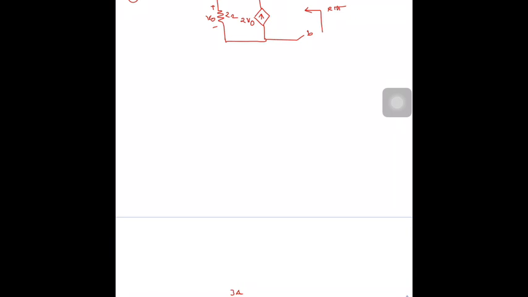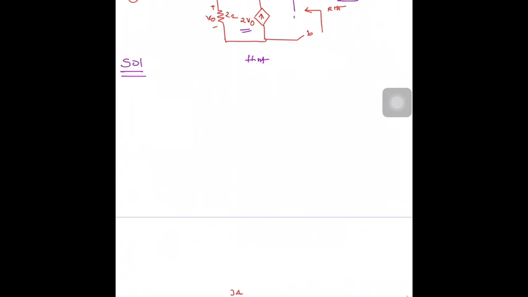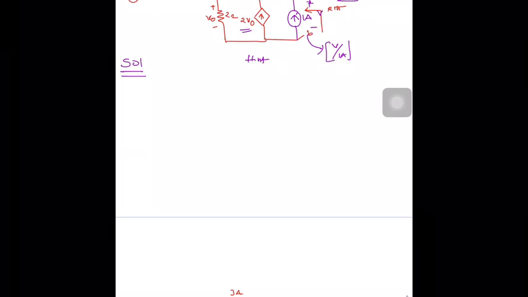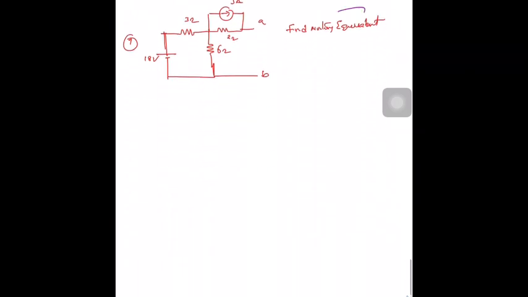Done? Yes. Now here one more example. Let's do one thing. You solve this question and post the answer in the comment section. Same RTH, right? The circuit having a voltage controlled current source. Now I will give a hint. The hint is: excite these elements with a 1 ampere current source and find the voltage across this 1 ampere, and after that find V by 1 ampere, which will give RTH. So now solve this and drop the answer in the comment section.